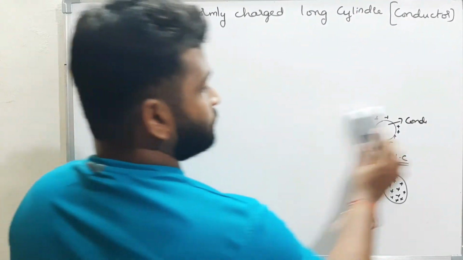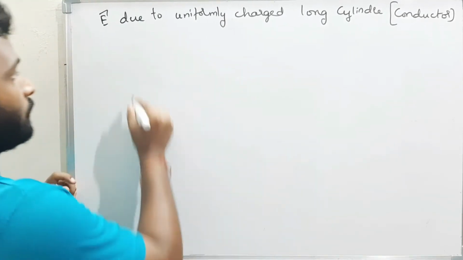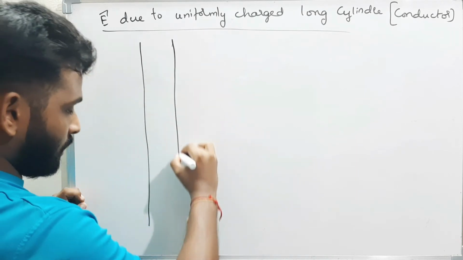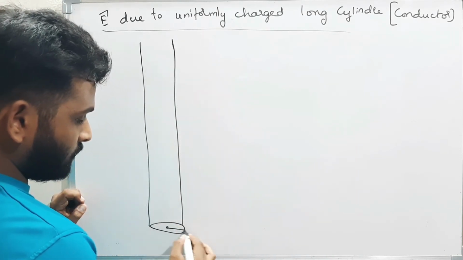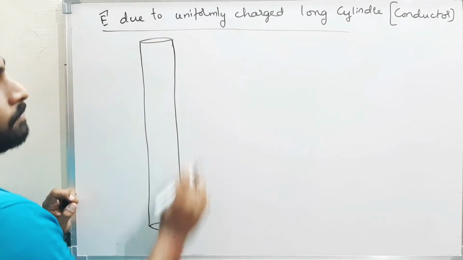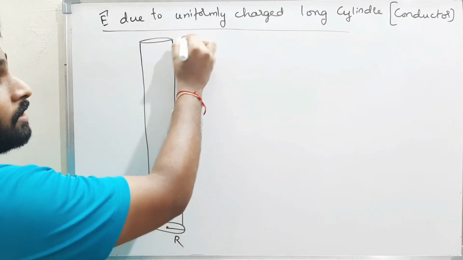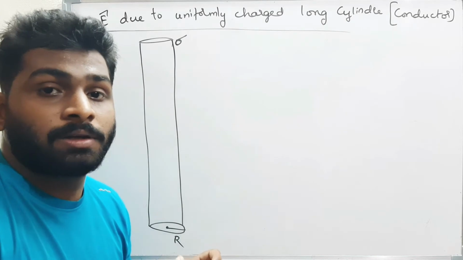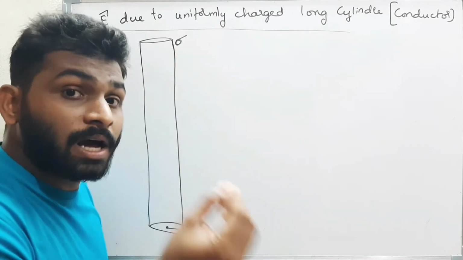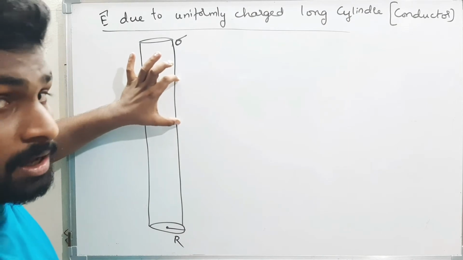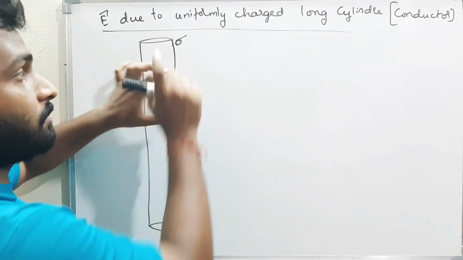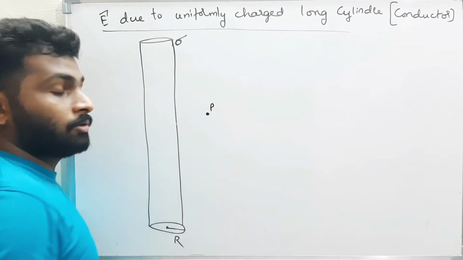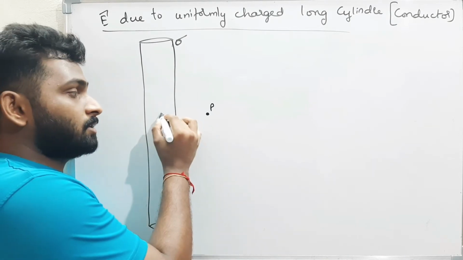Okay. Now see. There is some cylinder, and for this cylinder the radius is R. Very long cylinder. And the surface charge density they gave as sigma. If it is a very long cylinder, then I don't know the charge present in it. Therefore, they give me the sigma. Sigma is the surface charge density. That means if I take 1 meter square area, the charge present in that 1 meter square area is nothing but sigma. Now they told us to find the electric field intensity at a point P, which is at a distance R from the center.